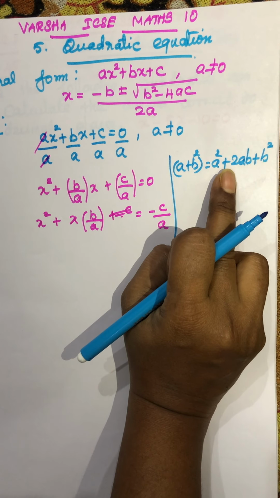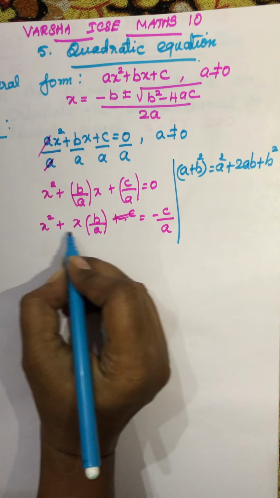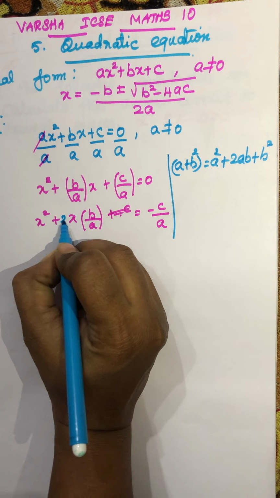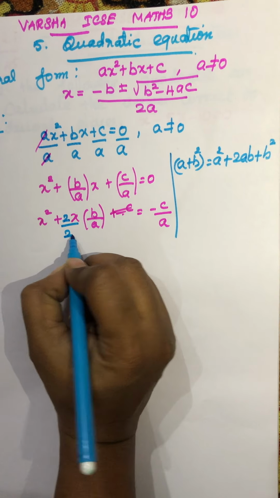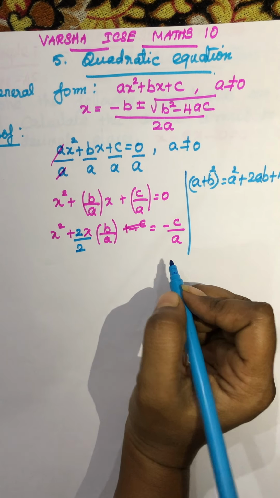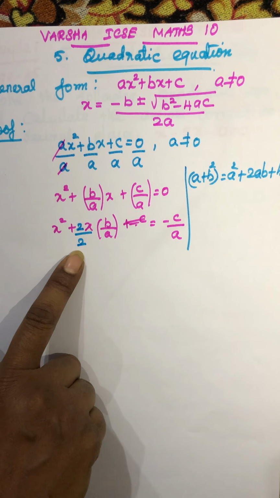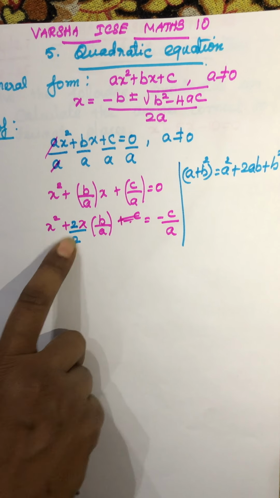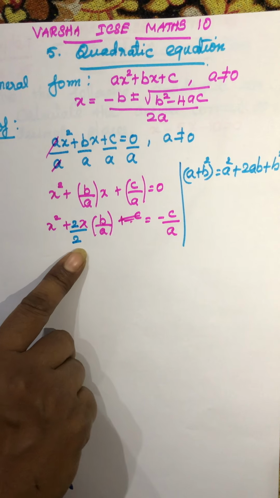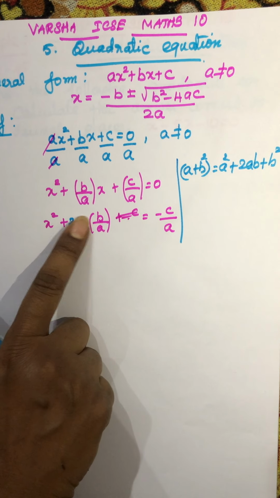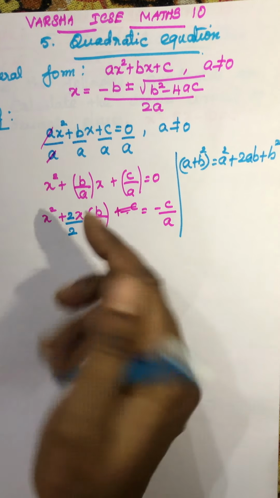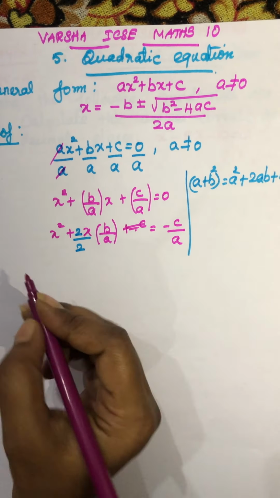So you need 2. For that I am going to multiply by 2 and divide by 2. Do you understand this step? It has no value, it is just 1. If the 2s cancel, you get 1. So I am going to multiply by 2 and divide by 2. See the next step.